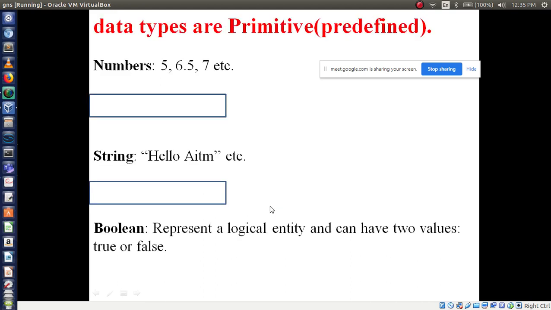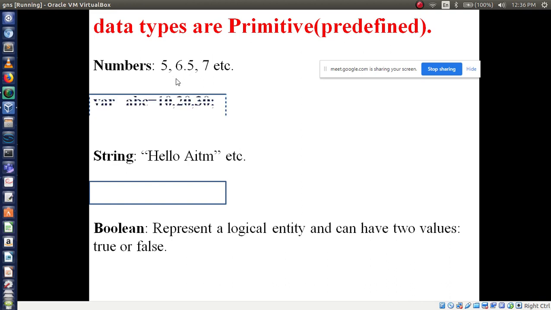Now let's see another one here. We have 5 different data types in JavaScript. First we will see number and string and boolean. These are 3 basic types. We have to use these kinds of data types in our scripting language. Okay. So number is a data type, string is a data type, boolean is a data type. Numbers include positive integers, negative integers and decimal points also. All kinds of numbers are valid in JavaScript.